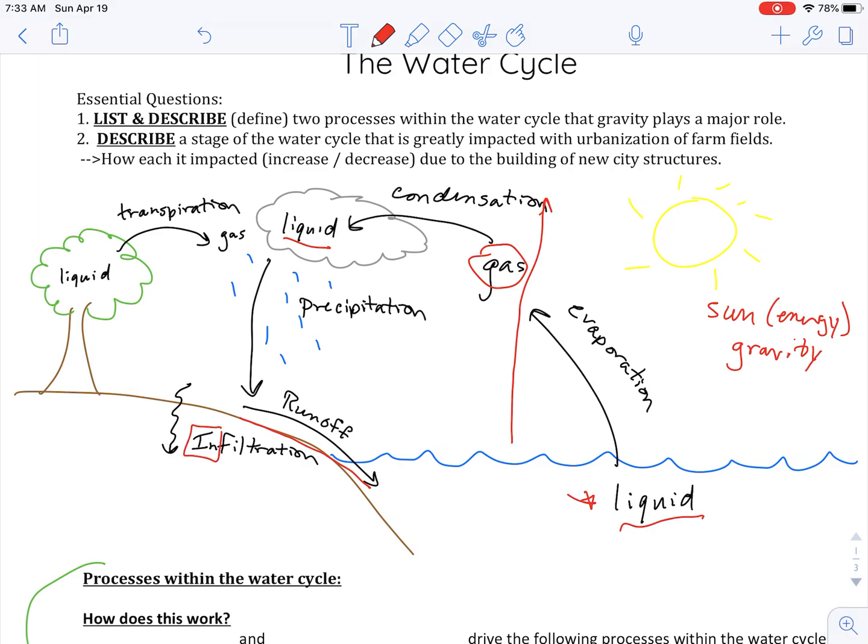The beginning of this word is extremely important to help you remember what's going on. So when that precipitation hits the surface, some of it will infiltrate or go into the ground and restock the groundwater. Or sometimes this infiltrated water will get back into larger bodies of water. Okay, so precipitation, runoff, infiltration, completely gravity driven.